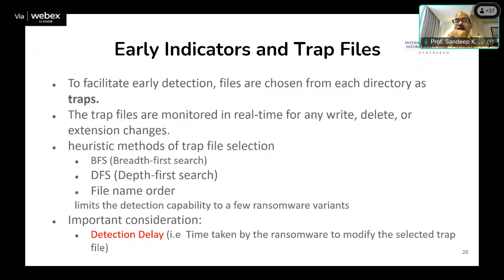So trap files, you may encounter the trap file first. If the trap file has been touched, then you are fairly sure that you are dealing with ransomware. So what you do is detect the process that is involved in dealing with the trap file, look at the process tree, look at the root of the process tree, and suspend the entire process tree immediately. You are not killing the process tree immediately because you want a second factor,